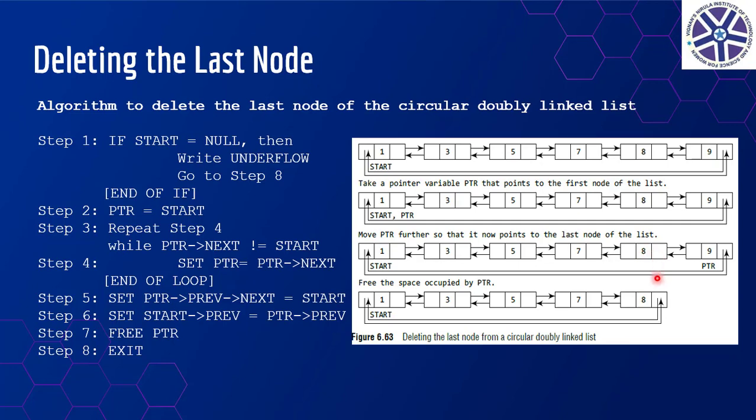Next, this is the forward link. Let us see the opposite link, that means the reverse link. What is from start to this node? Start to previous, right? In start to previous, what do we have to put? This node. What is this node? PTR to previous. So start to previous is equal to PTR to previous. So set start to previous equal to PTR to previous.